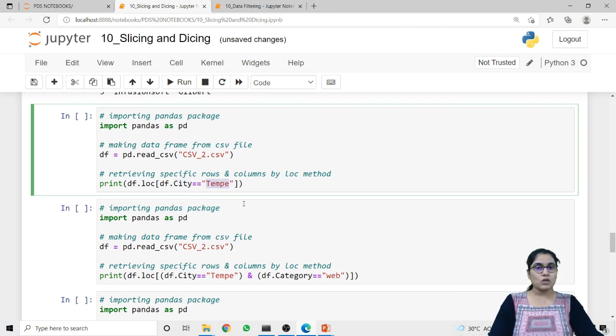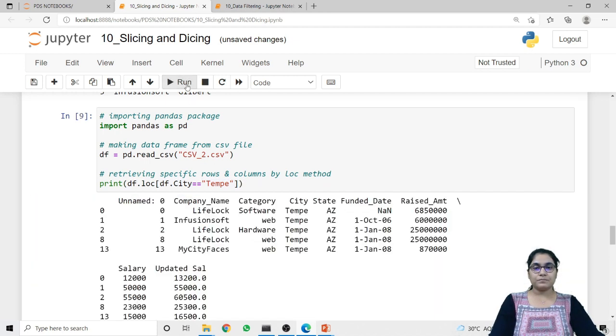I want to fetch all those records in which the value of city is temp. So what I have done, I have passed this constraint inside my df.loc method. In this method, I am supposed to write my column name on which I want to give the condition, that is df.city, and then I will pass the value for the constraint. So let's run this code.